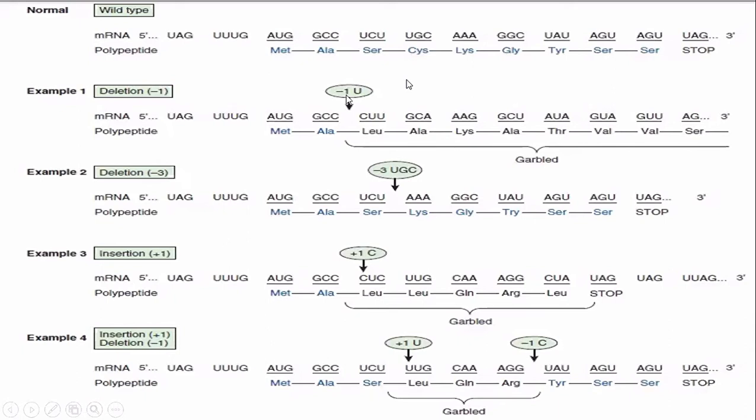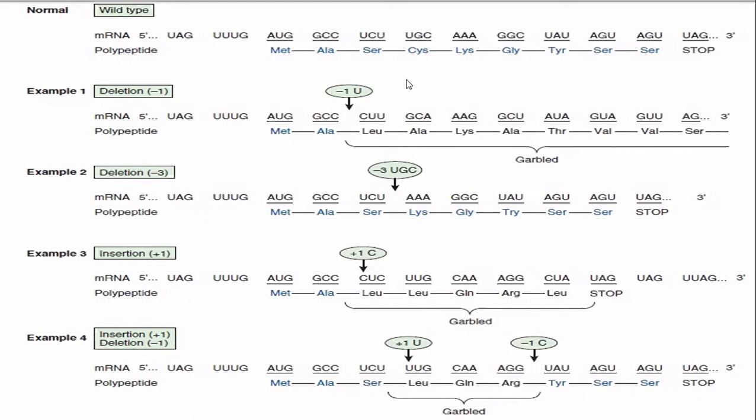Pag maglagay ka diyan ng isang amino acid, mapapalitan na ito ng coding. Okay? Itong lahat na ito, iba na ang coding, kasi instead of CUU, magiging UCU, UCG, AAA, GGC, UAU. Yan yung example. So when we say garbled, lahat niyan mapapalitan na amino acid, kasi lahat ay may